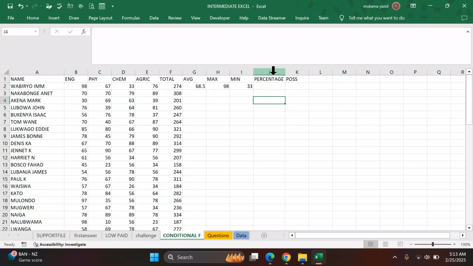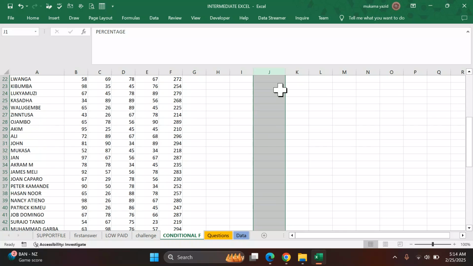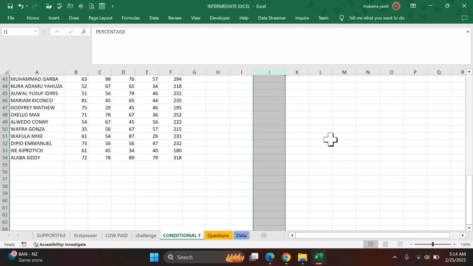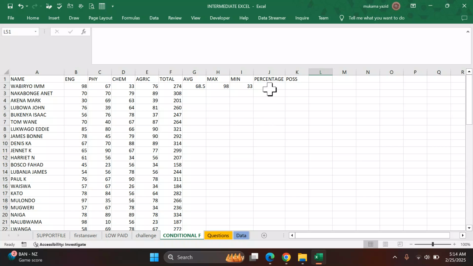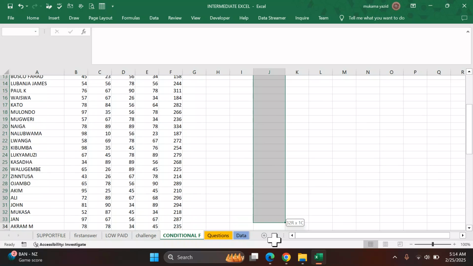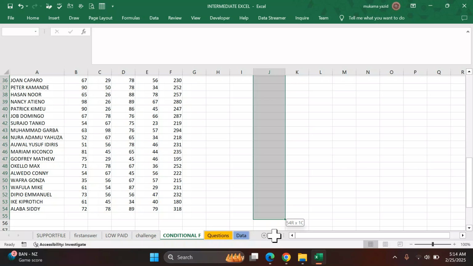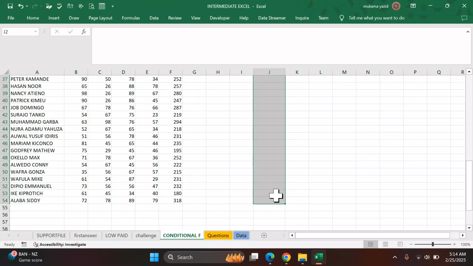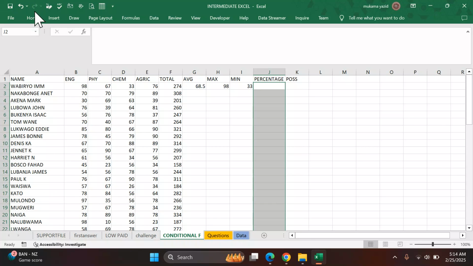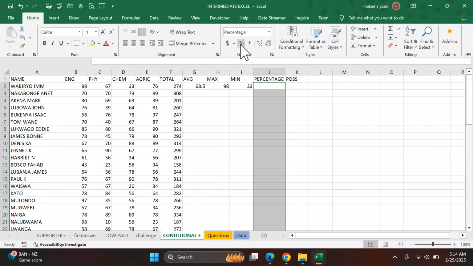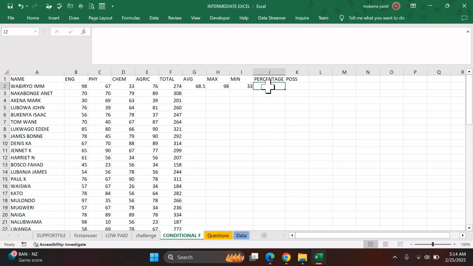So before you calculate percentage, you first select the entire column, or I select only the cells that I want to put percent. I select only cells up to here, the last person, then I convert this to percent. First I make this cell into percent, which means I've just multiplied each of these cells by 100. So if I want to convert this total into percent, I will say equals,